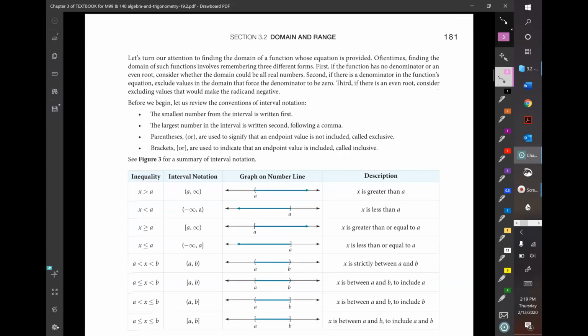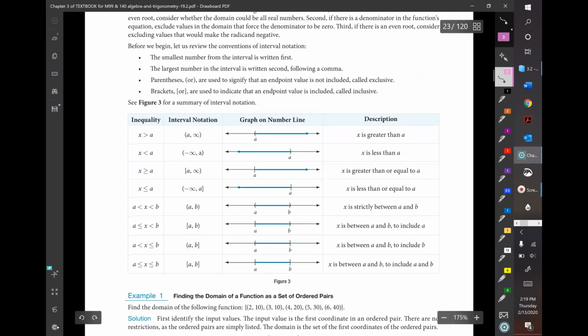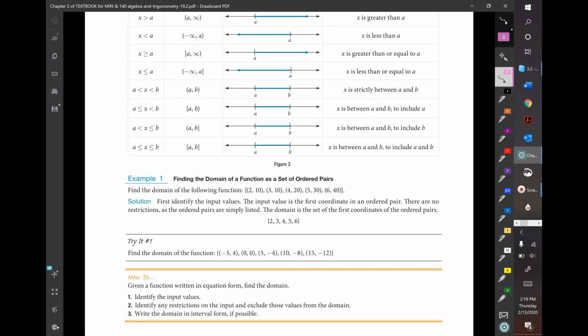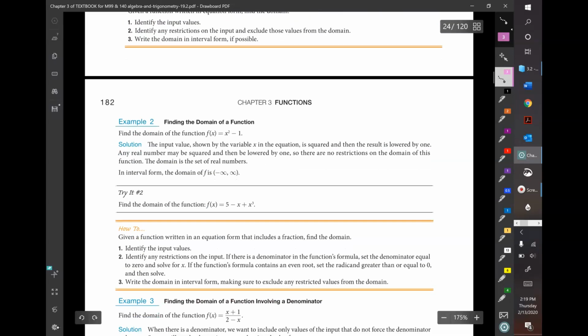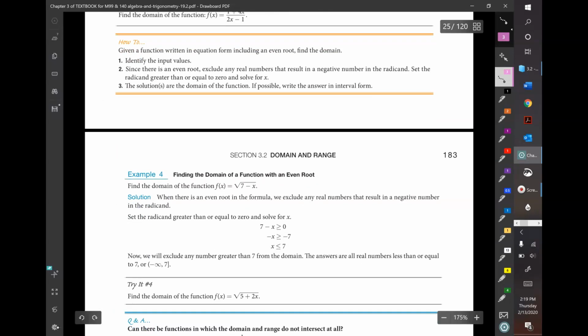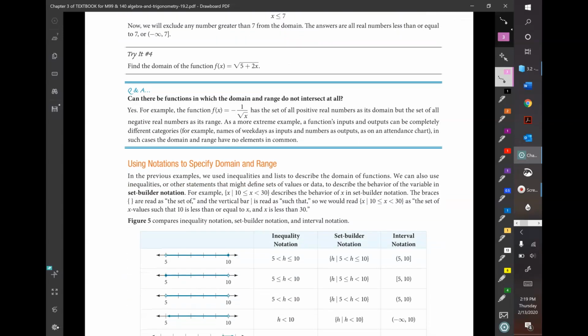So I'm going to go through and talk about some of these. We've done this before though, so I'm not going to spend a ton of time with it, but page 181 in your book has that, and I also have that written out on your video companion sheet just for quick reference while you're working on the problems, and you just have a reminder. But we just covered that material, so I'm not gonna go through every little iota again. So I'm going to switch over in a minute. I just want to show you, see how there's some examples here. I'll do ones that are similar, but if you want extra practice, go through here